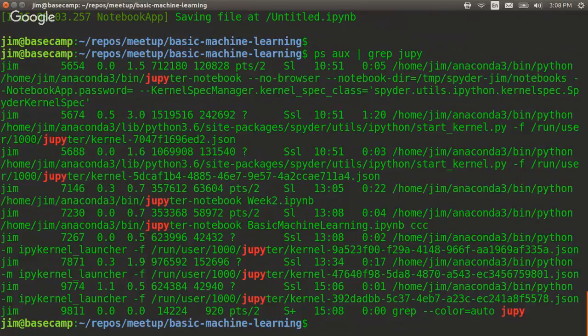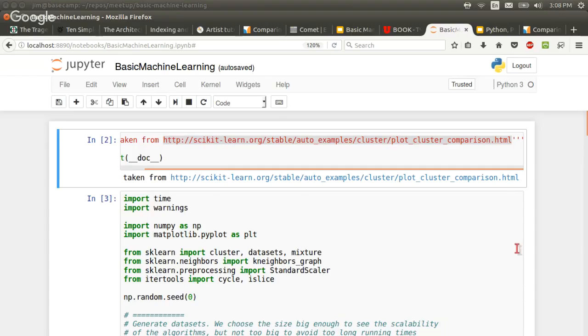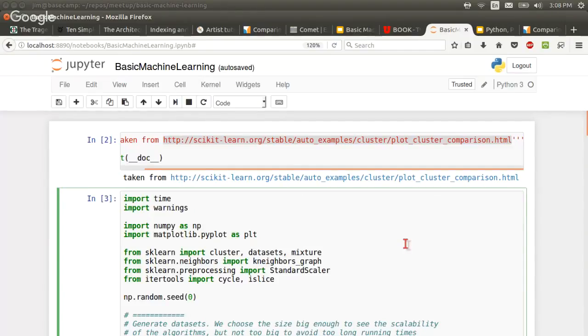I'm just saying this while we're talking about a couple of basic things. If you try to restart a new notebook and it says that port's in use or it can't do it, it's probably because you haven't killed your old notebook servers. You can see here's the basic machine learning IPython notebook process running, but I've got all these other processes hanging out that aren't really doing anything, just taking up CPU cycles. Okay, but let's take a look here. The results of this, let's see, did I run this?